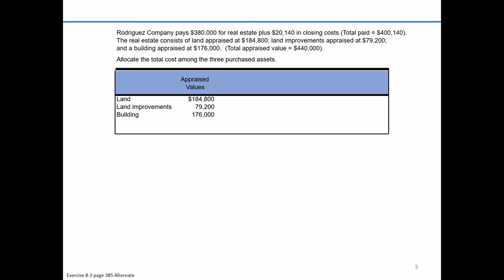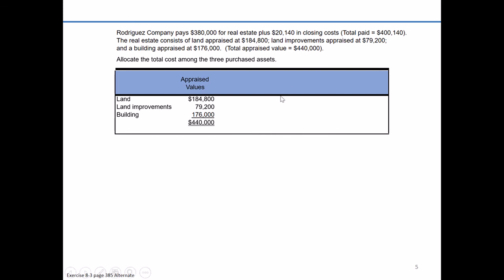So if each of these items was purchased individually, they would have been charged $440,000. That's just $184,800 plus $79,200 plus $176,000 for building. But because Rodriguez was willing to purchase them together, the seller was going to bring down the price based upon that to